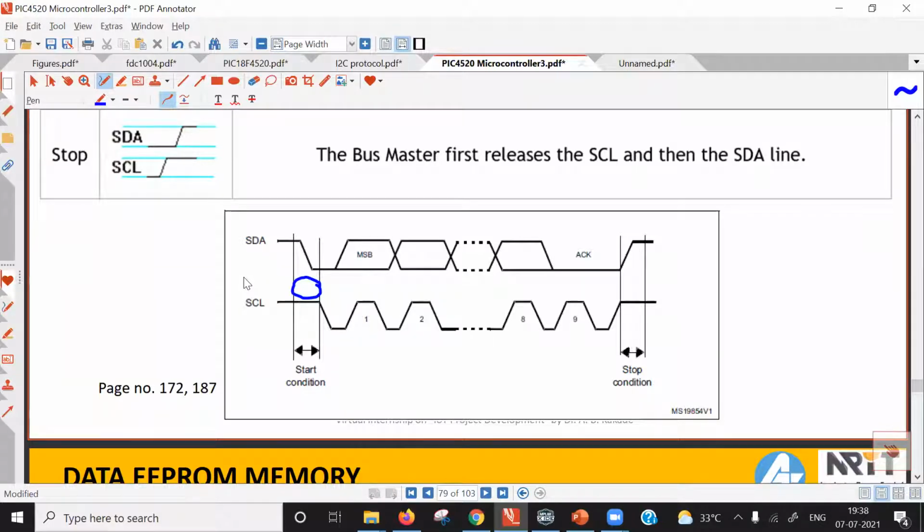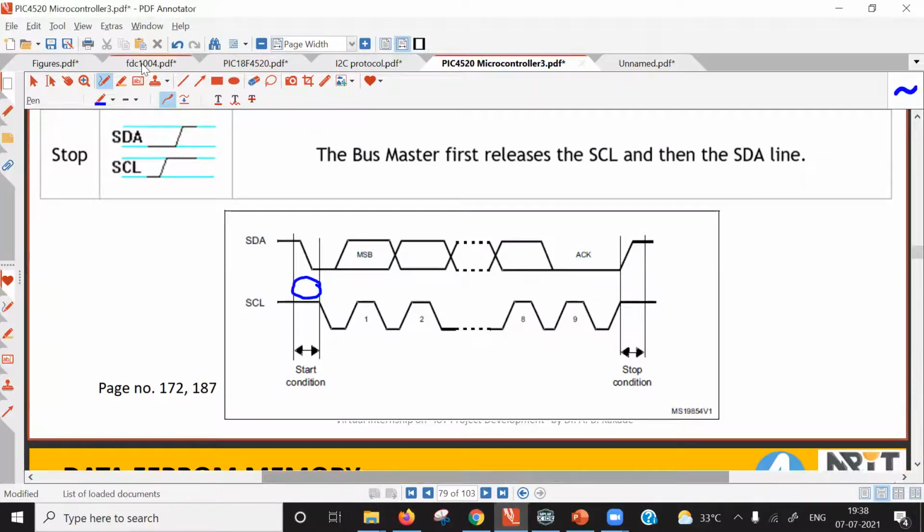Why do we need to use pointers? In FDC1004 or in any peripheral device which can be interfaced using I2C protocol, there are always on-chip registers. And you need to select one particular register for a read-write operation. The only way to select on-chip registers in a peripheral device is by using a pointer. Without a pointer, you cannot select one particular register. That is the purpose of the pointer.